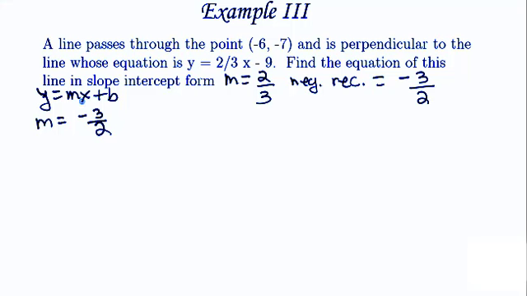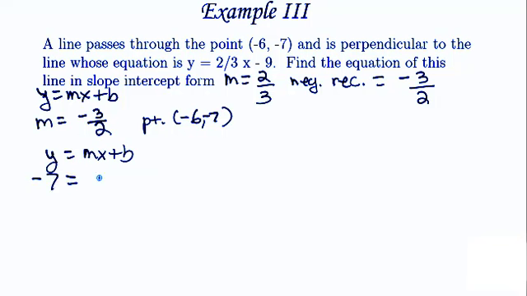As usual with slope-intercept form, I need to find b. I need to find the y-intercept. And once again, I've got a point on the line, and I've got my slope. So I can go ahead and use that point and the slope to find b. So y equals mx plus b. Therefore,